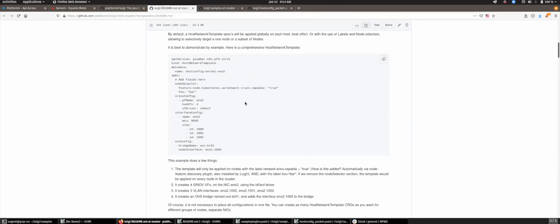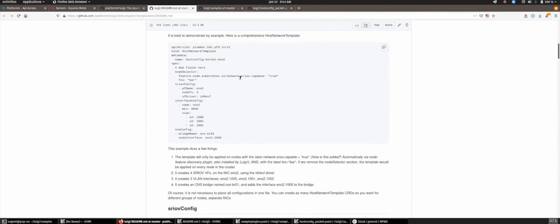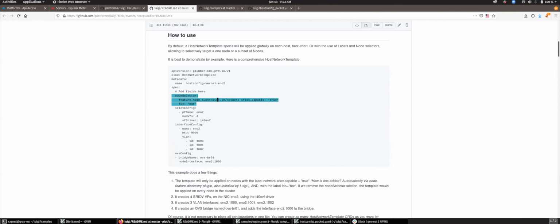So this might seem like a lot, but this does a few things, right? So first, we have a node selector. Normally, this will apply this network configuration on every single node in your cluster, which you may want. If you don't want that, you can target a specific node or a subset of nodes using node selectors. All that you have to do is label the node, and then you can selectively apply it. In this case here, we're using a label SR-IOV capable, and this was automatically added by the node feature discovery service. So that was one of the cool things. That's why we also decided to deploy node feature discovery.